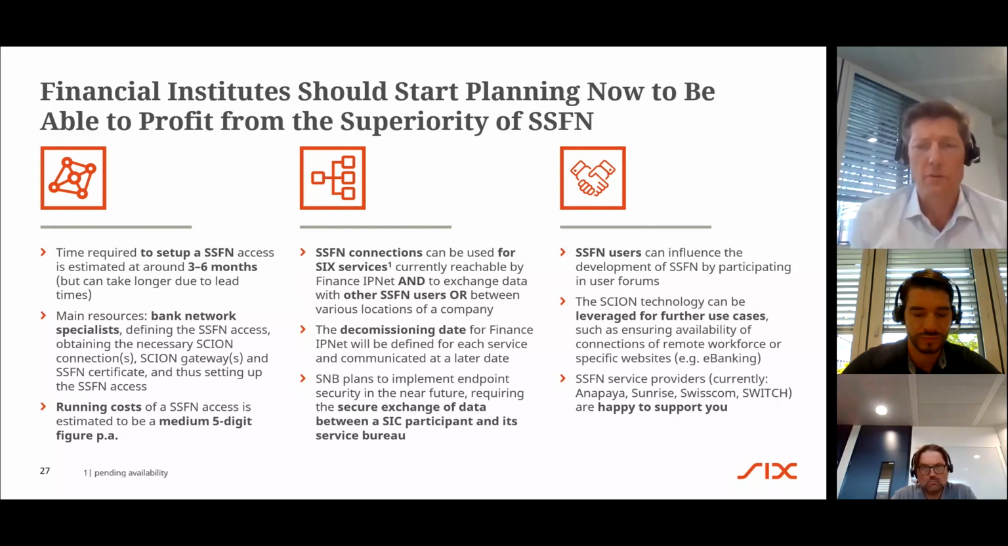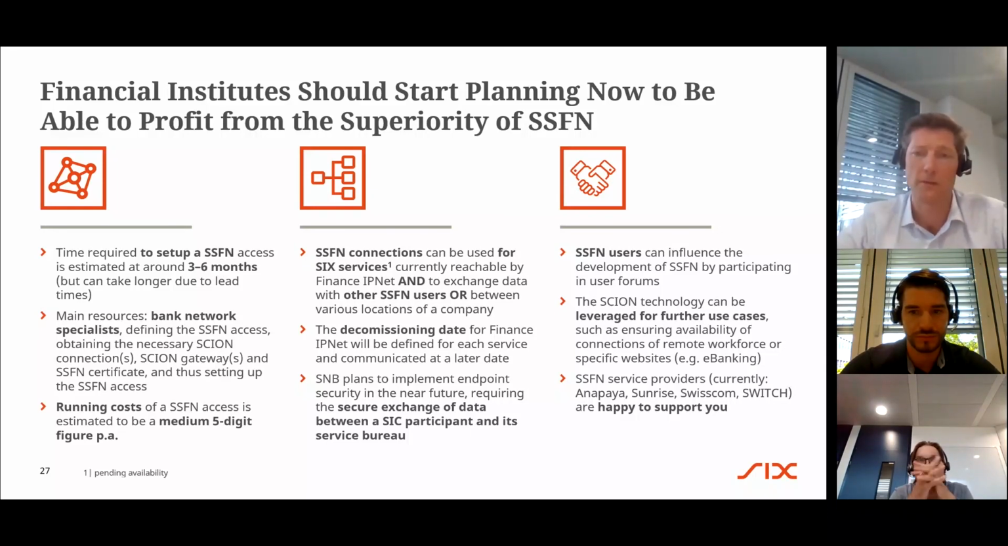Also, we have mentioned that we've now got a governance structure on top of Ssfn, allowing participants to participate in the development of Ssfn. And as we also heard, it can be leveraged for further use cases. As we said, the ISD Ssfn is encapsulated. It is separated from everything else. The Cyan technology